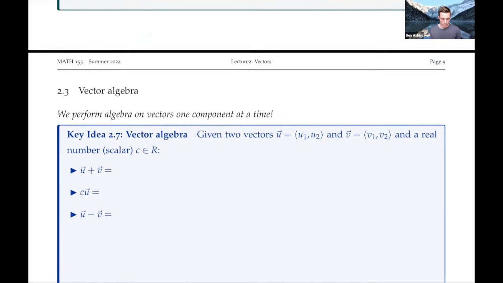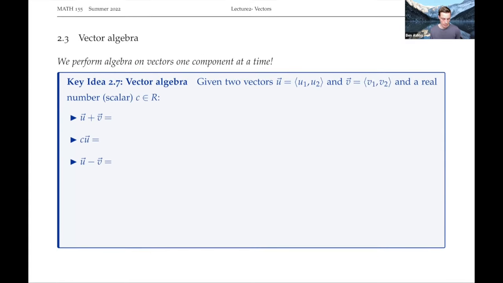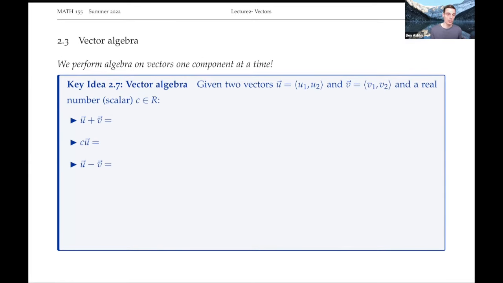Okay, the final thing we're going to talk about today is vector algebra. So what do we do if we want to perform other algebraic operations? If we want to add 2 vectors together, or multiply a vector by a scalar, or subtract one vector from another. Well, all we need to do is apply the same rules we use on scalars to the individual components within those vectors. So for example, if we have these 2 vectors u and v, which are composed of u1, u2 and v1, v2 respectively, and some scalar c, which is a real number,